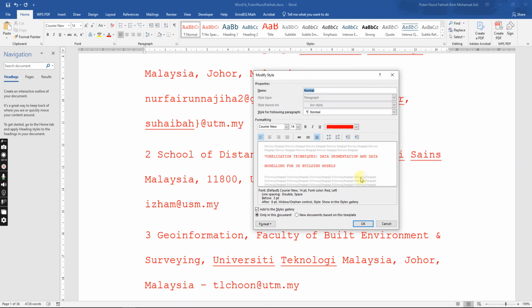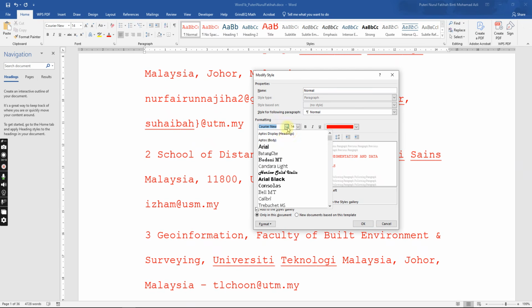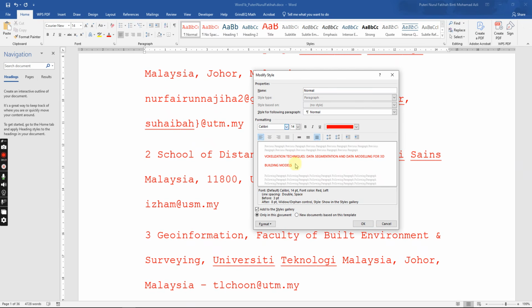Okay, the box will appear, and then here we follow the setting that we want. The font type we have to change to Calibri, so we change to Calibri. The font size we have to change to size 10, so we change to size 10, and then the font color change as automatic. Okay, after that we have to change our paragraph setting. So to change the paragraph setting, you go to format, click on paragraph,